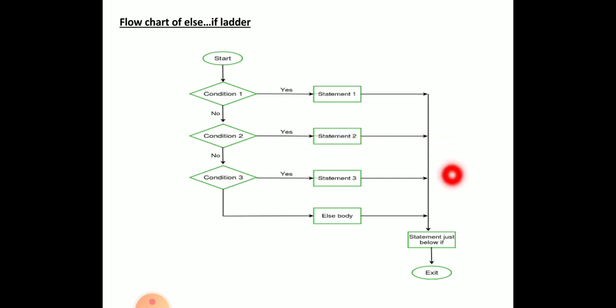Again the control is transferred to the statement just below. If the second condition is false, it checks the third condition and so on. If all are false, then the else body of the else if ladder will be executed and then the other statements given outside the body will be executed in sequential order.